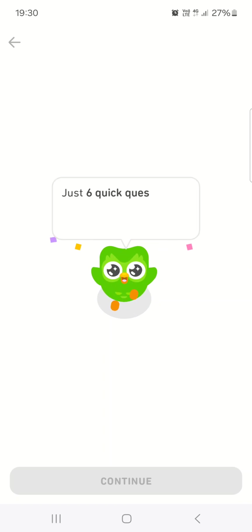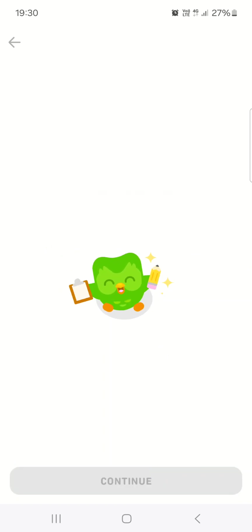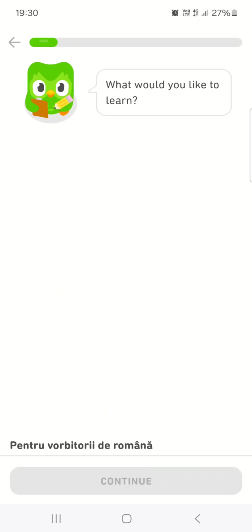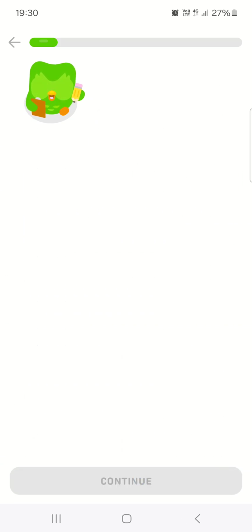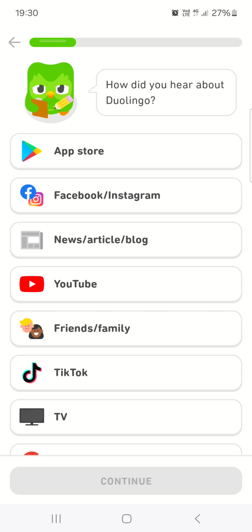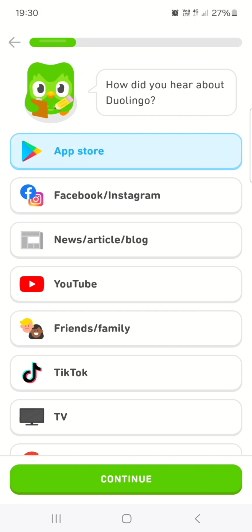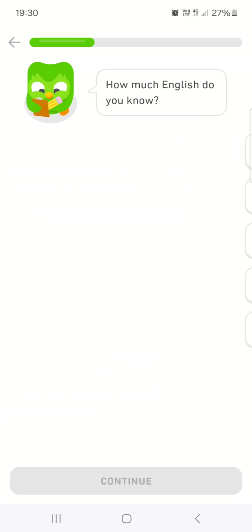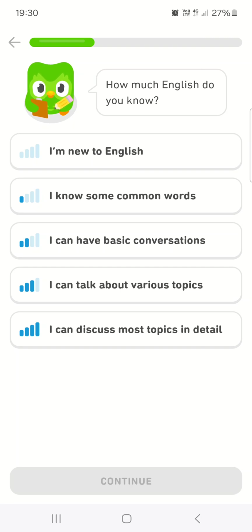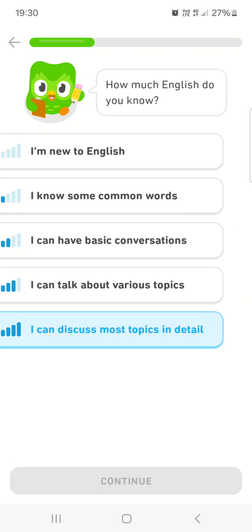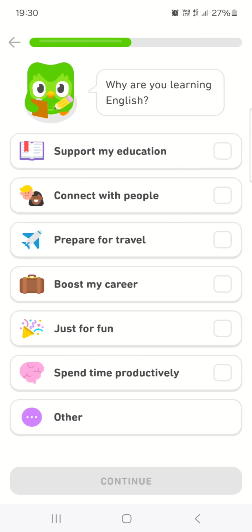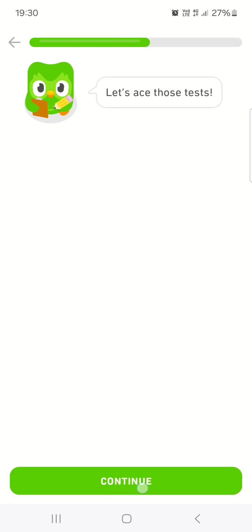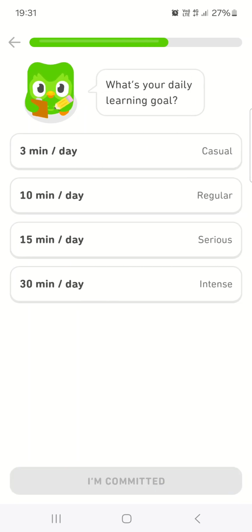Now we have a few steps to complete, like this. Duo will guide us through these questions, which we can answer, and let's just walk through this. It is going to gather some data about us and our preferences for language learning,